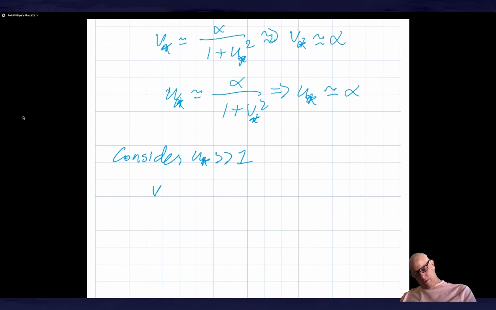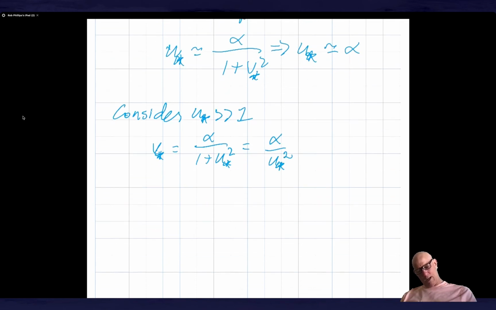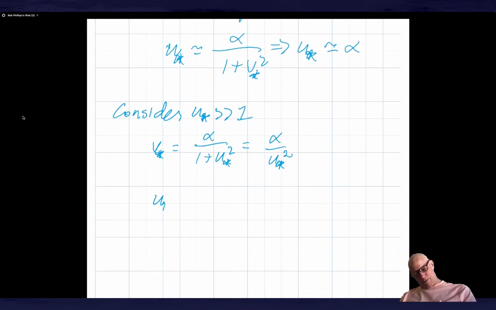So v star is equal to alpha over 1 plus u star squared, and that's going to give us alpha over u star squared, roughly. That's fine. Now let's see what happens with u star. U star is going to be alpha over 1 plus alpha squared over,